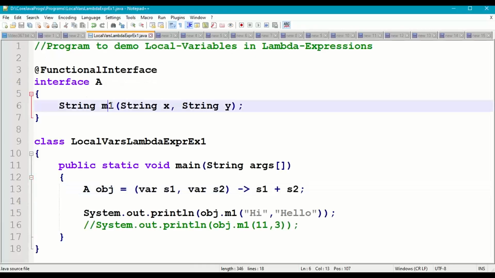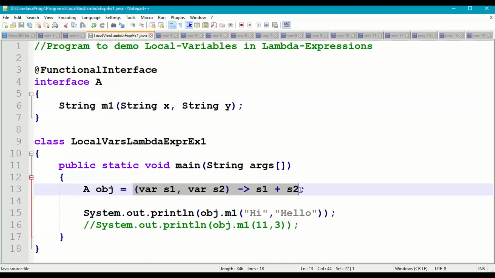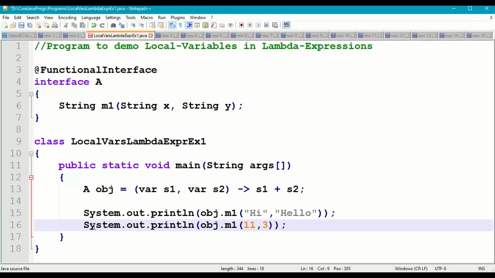This m1 method is redefined in the anonymous subclass using a lambda expression, and that anonymous subclass reference is available in the base interface object reference variable obj of type interface A. Using obj we can call the m1 method. Now let us try to call obj.m1(11, 3).